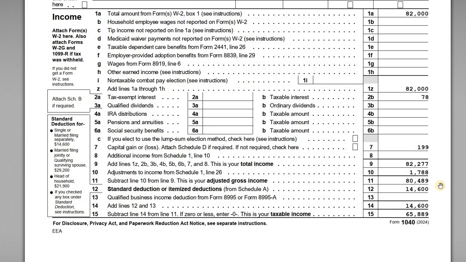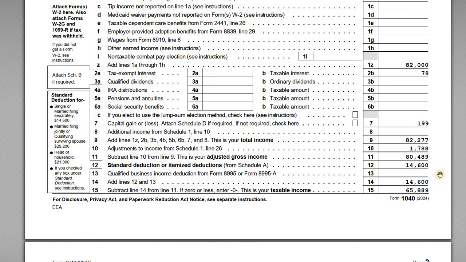Now, Amy doesn't have any itemized deductions, so she's claiming the standard deduction for 2024, and they have a handy little note here showing you what the standard deduction would be given your filing status, and for her as a single filer, it's going to be $14,600. Line 13 is blank for us because we don't have any qualified business income,